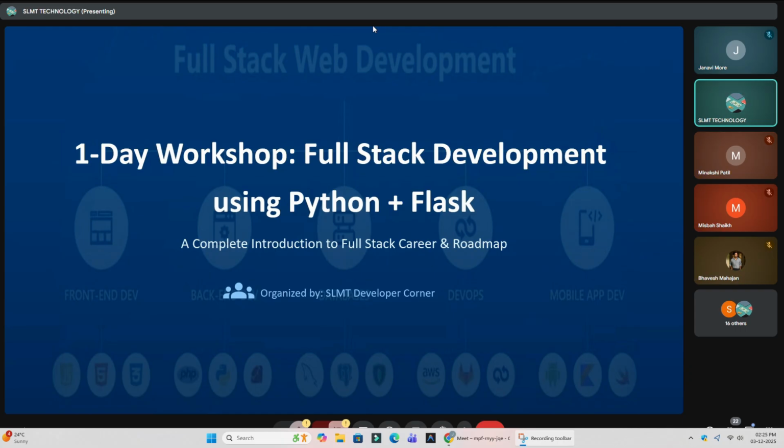So first, if you are working on full stack development, you should know the core ideology. Core ideology means Python. Everyone knows that many AI integrations and all these things are working on Python. So it is the first thing you should understand. Python is the core of all languages, and if you start from Python, it is a very easy language. Python is very easy to learn,